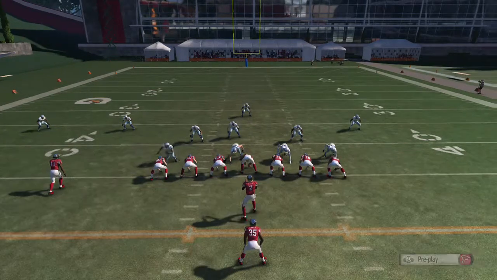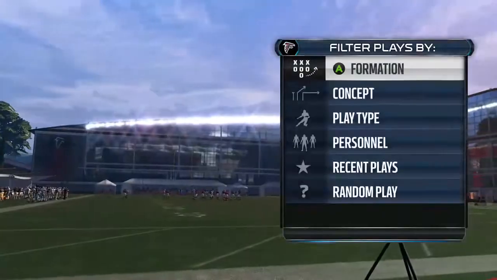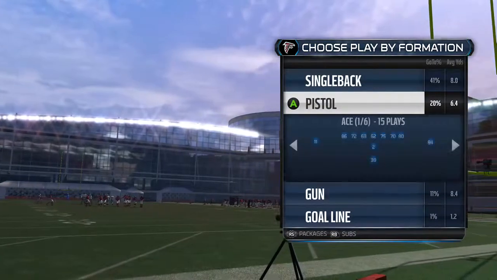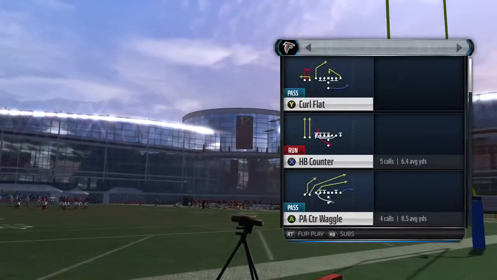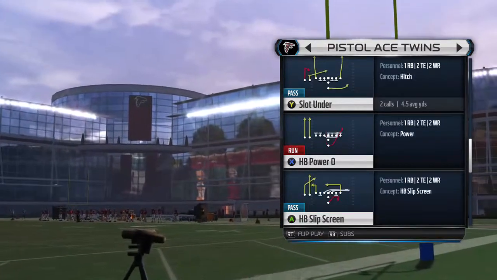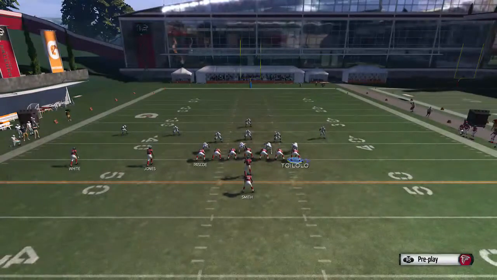All right, now we're going to look at a play called slot under, and we're going to show how to run it a couple different ways, and be able to get our running back involved a little bit here too. Okay, so here's the slot under play, and move this guy over to the right,